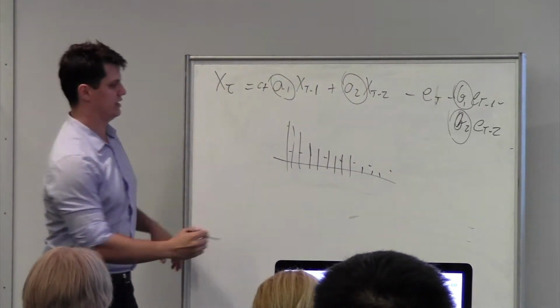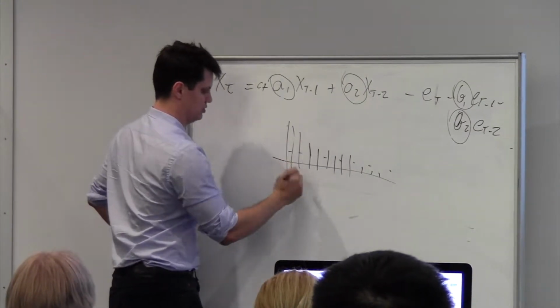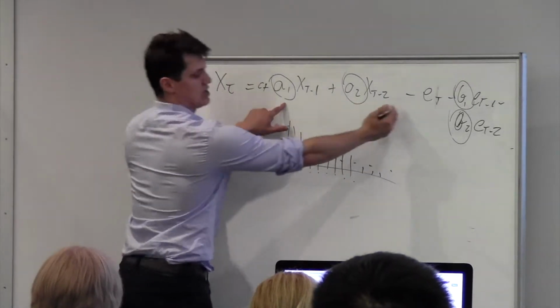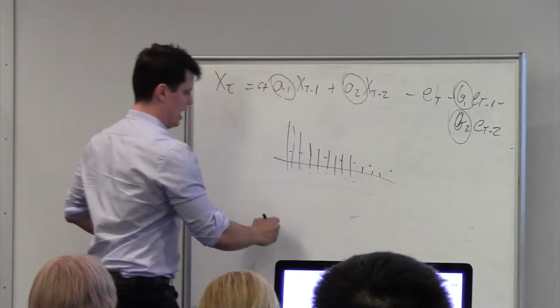So if you have something like this, it means that you have the first one. I don't know why it always appears, but this is like 0. So like 1, 2, 3, 4, 5, 6, 7. So you would put 7 lags. Now, regarding MA, you would have something different.